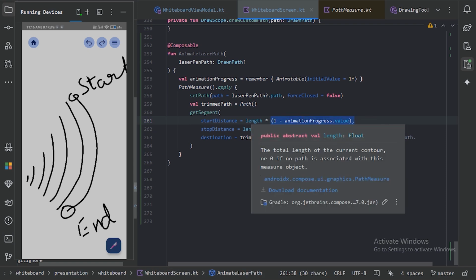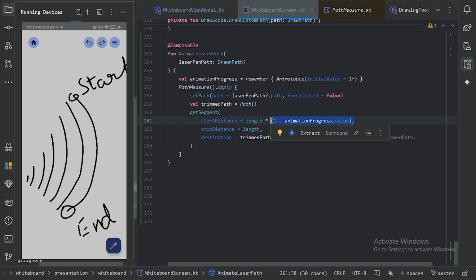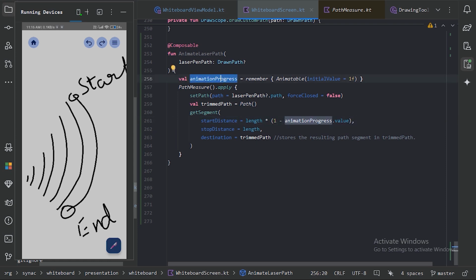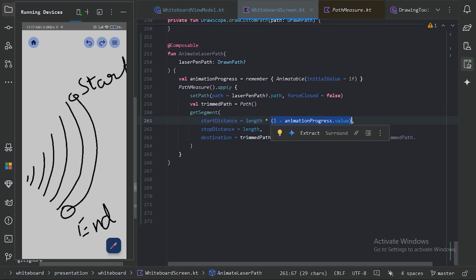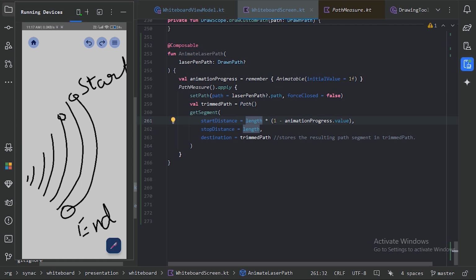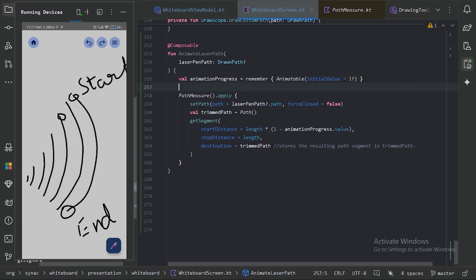So if we multiply it with length, we will get the starting point as 0, and we need to animate this 1 value to the 0 value. So suppose after passing 200 milliseconds this animation progress value will be 0.8, and by subtracting from 1 it will be 0.2, and then we will multiply it with length, then we will get the point somewhere here. So we need to animate this animation progress value, and for animating this animation progress value we